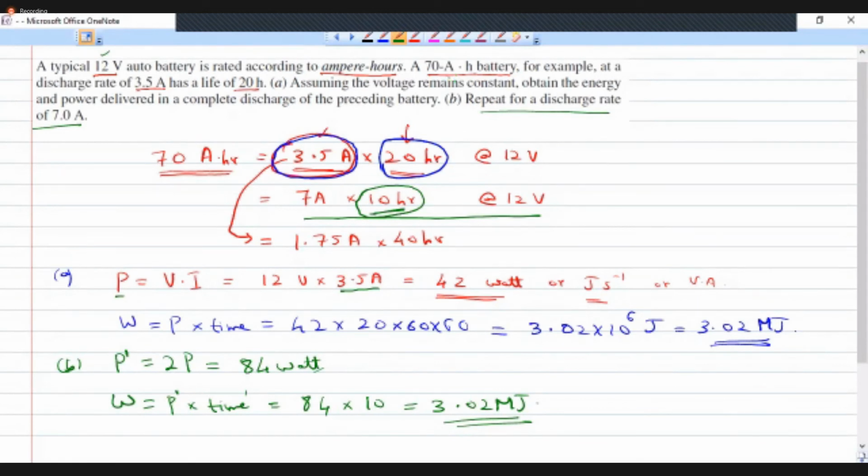So this is the theoretical assumption. Theoretically, we can draw only that much energy from the battery, but we can draw more power. When we draw more power, the battery will die out very fast. Time goes on decreasing as we draw more and more current. So if you draw less current, then the time is going to increase because we have the same energy stored in the battery. So that's the relationship.